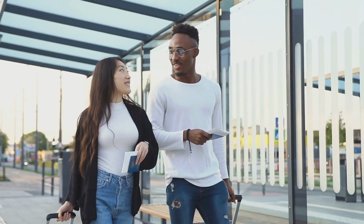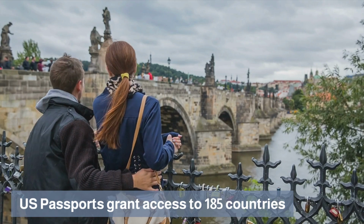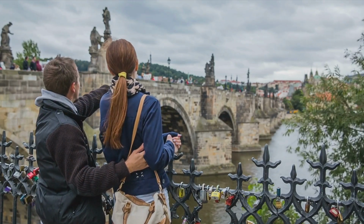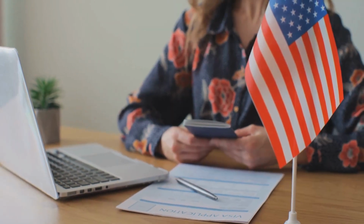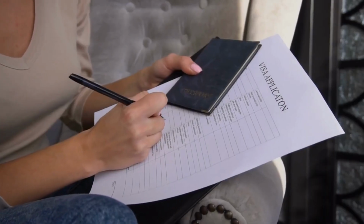U.S. passport holders are fortunate enough to have access to visit 185 different countries without needing a visa to enter. However, there are still quite a few popular destinations that do require U.S. travelers to do the extra work of acquiring a visa in advance of their trip in order to be permitted